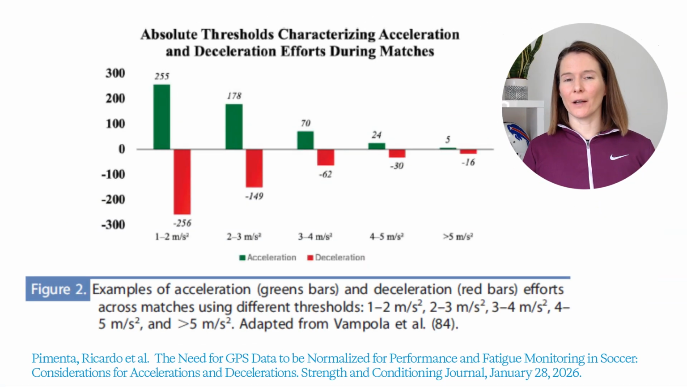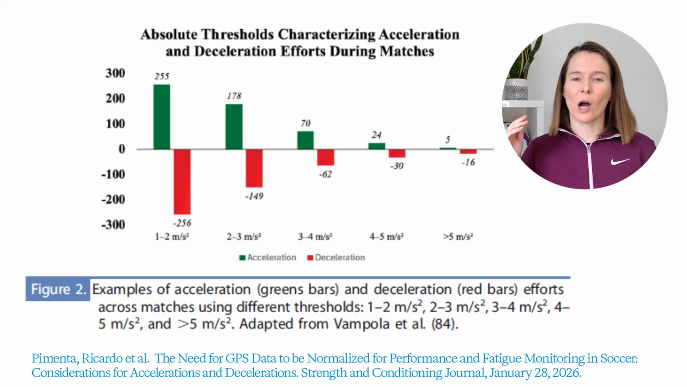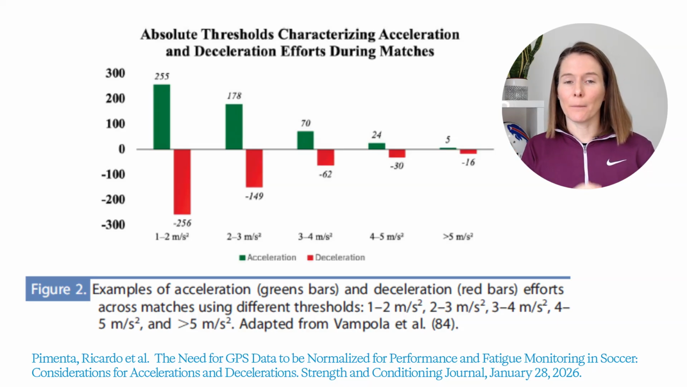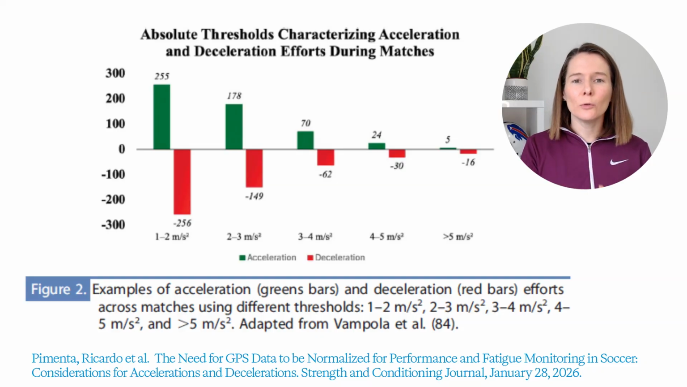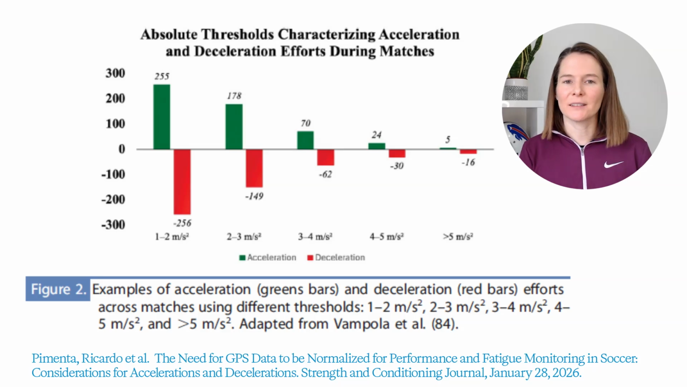This means then that those arbitrary cutoffs for deceleration may be overestimating the number of efforts relative to acceleration efforts when we are using those same standard thresholds. That is reinforced with this second figure from the Pimenta study. If we look at the highest threshold here, which is greater than plus or minus 5 meters per second squared for acceleration and deceleration respectively, whilst in the green we have 5 efforts above that band for accels, we have as many as 16 for decels, highlighting that perhaps that threshold is too low relative to the maximum capacity in